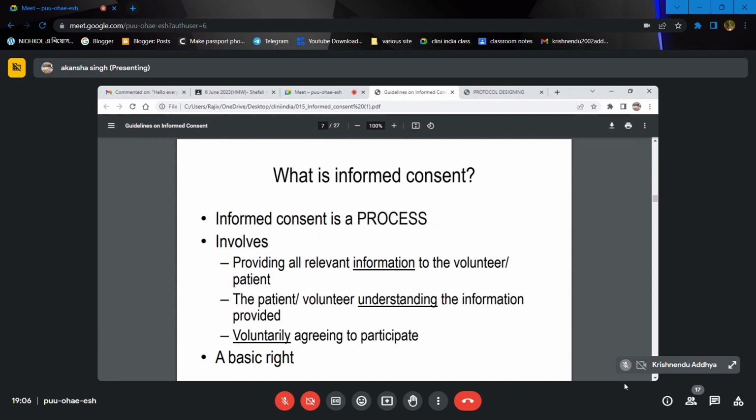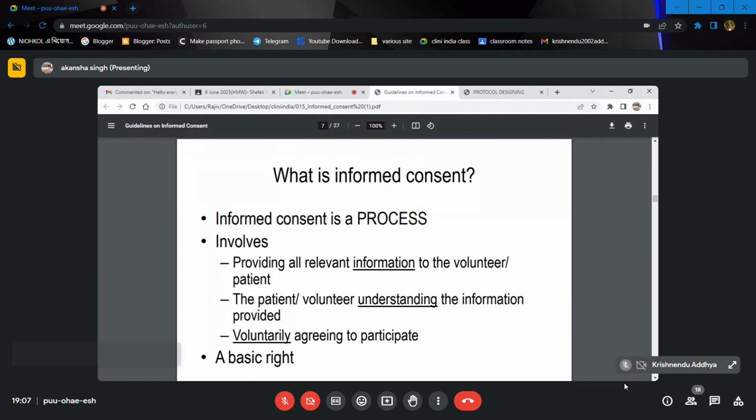So certain concerns arose, and one of the parameters was informed consent. Informed consent means we have to inform the subject about the nature of the study, and their willingness to participate in the study. Anytime he can withdraw from the study. Such things we have taken into consideration. What are the risk and benefit assessments we have to do when we conduct any clinical trial? We have to conduct animal trials prior to human trials to test the safety and efficacy of the